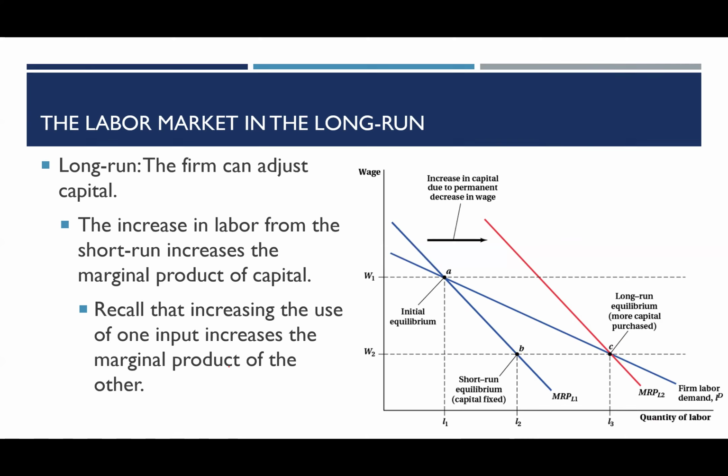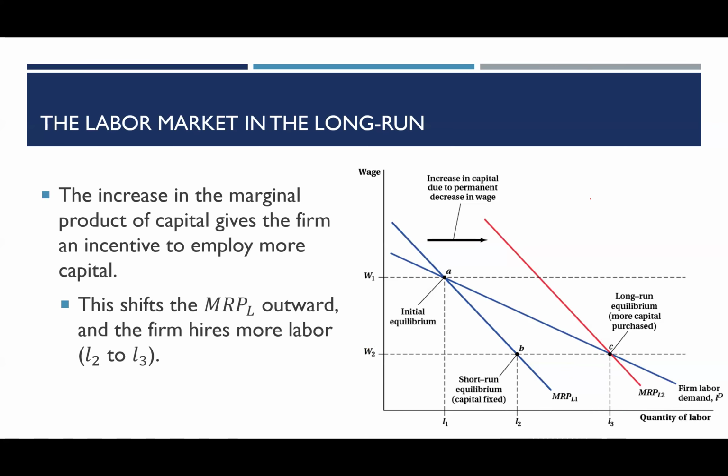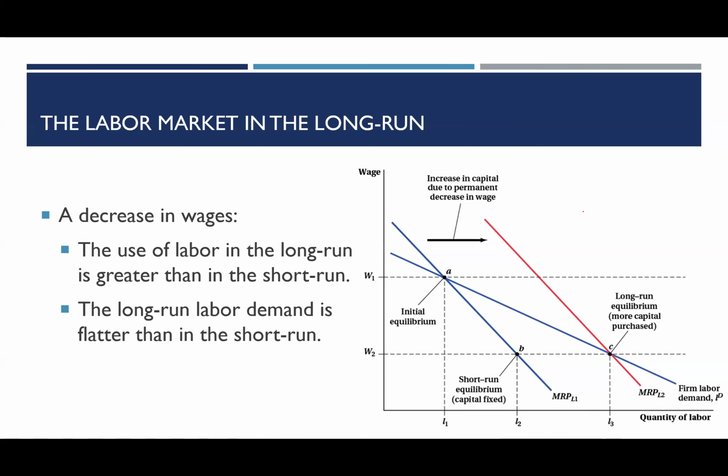And then this is explaining here why we see a change in the amount of capital used. Again, it's because more labor used in the short run increases the marginal product of capital, like we just discussed. And when that firm hires more capital in response, then labor also becomes more productive, shifting the marginal revenue product of labor and getting us to this equilibrium C, and even more labor being hired in the long run in response to that lower wage. All right, and that's a conclusion you can see summarized here.